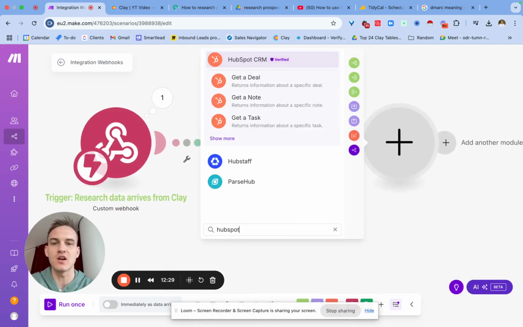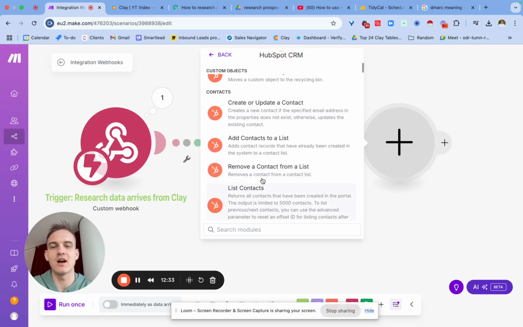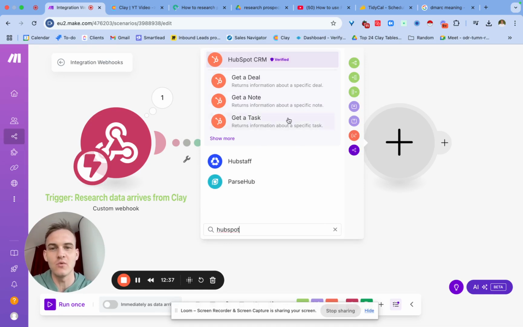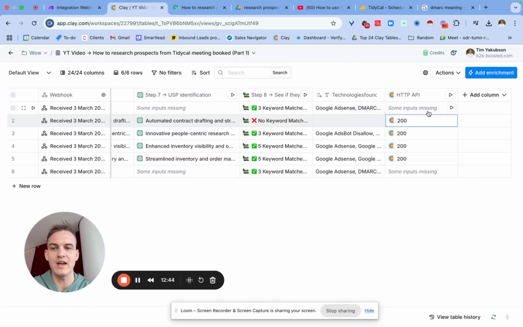All it will take is for us to type in HubSpot. And then over here, it's very self-explanatory. Like you can add a contact, you can create a contact, you can add it as notes and so on. So you can add a note. Alternatively, if you want to avoid this headache altogether, because this is where it just depends on what